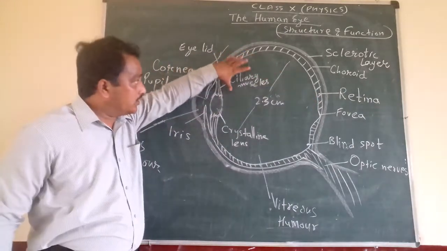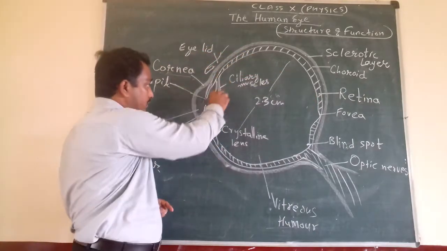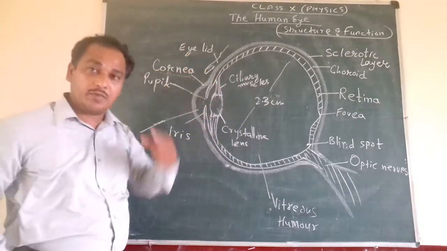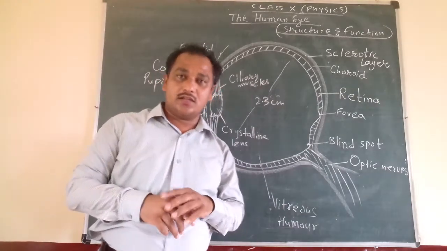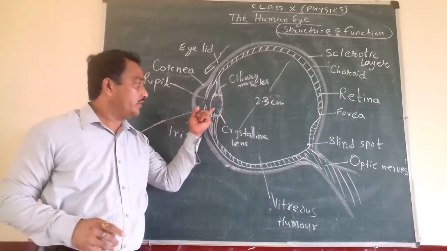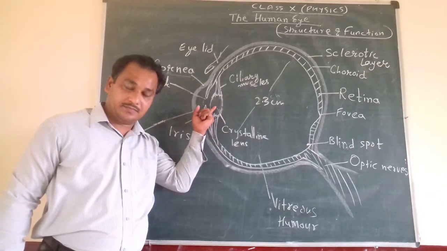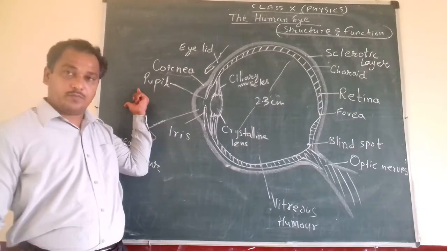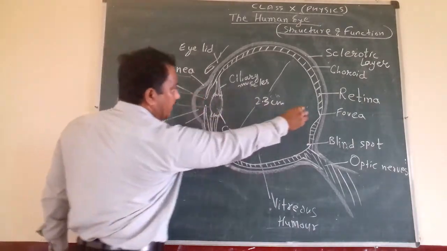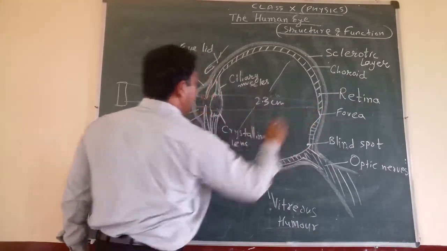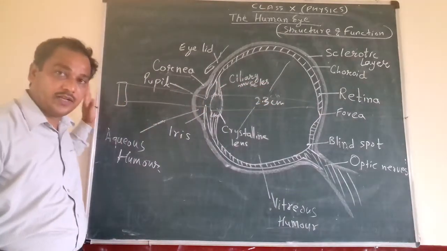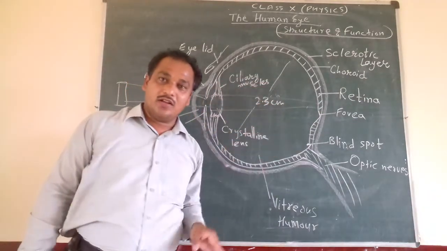And this part is the ciliary muscle. These ciliary muscles compress and relax the eye lens. What type of lens is this? You have studied about lenses in an earlier chapter, concave and convex. Our eye has a convex lens. So whenever any object is placed in front of our eye, the image is formed at the retina. The light passes through the lens and forms the image at focus, like when an object is placed at infinity, the image is formed at focus. You are aware of it in lenses.